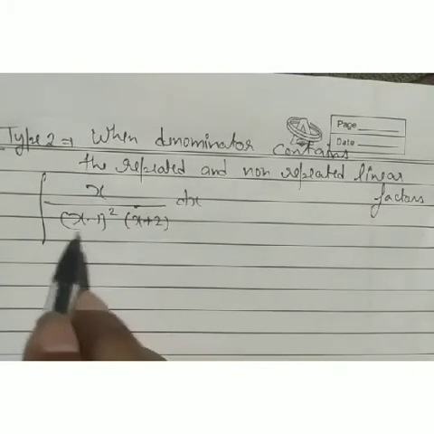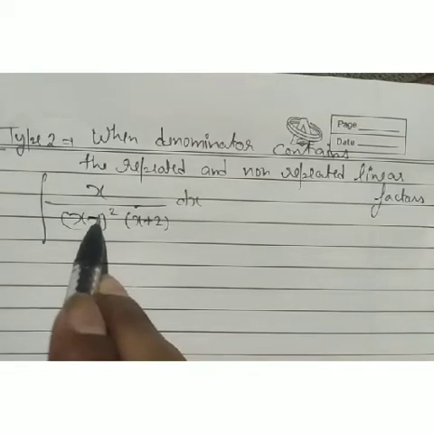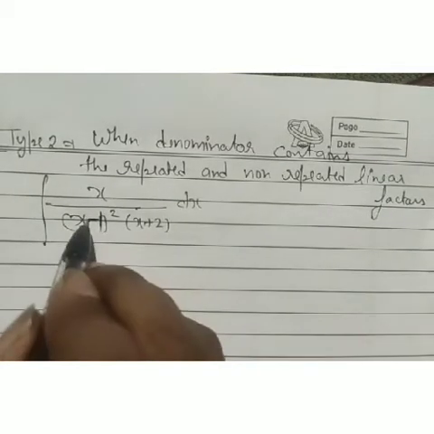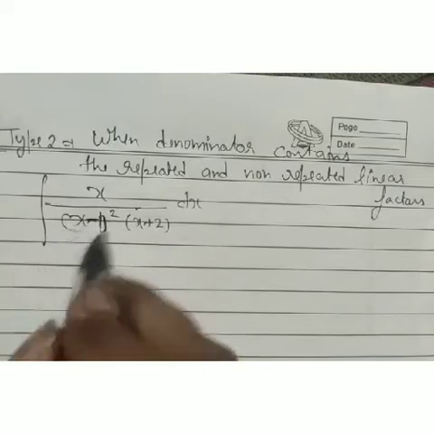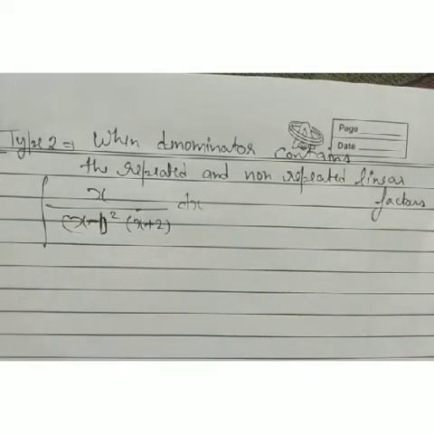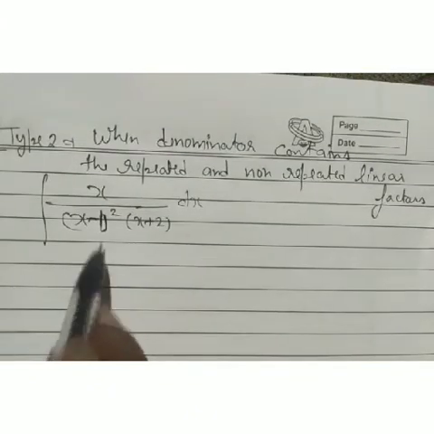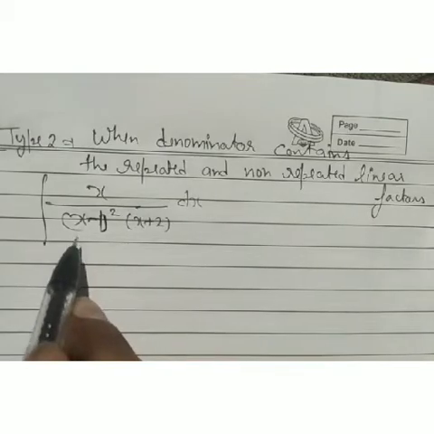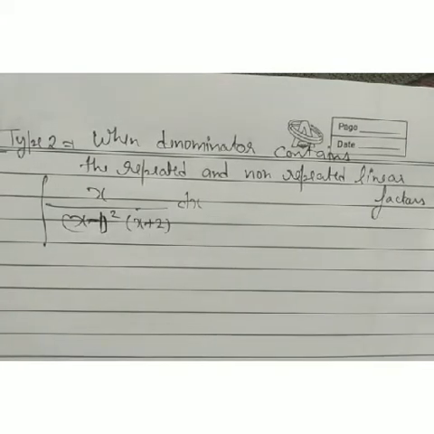Look at that. What we have to do when the denominator has one repeated root and another non-repeated root. Look here, x minus 1 whole square, then we get a repeated root there, and x plus 2 is our non-repeated root there. Then how can we solve this type of problem? First of all, when we have a repeated root, I'm going to explain it to you.